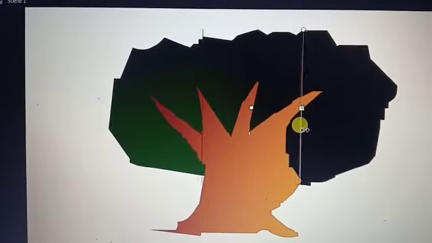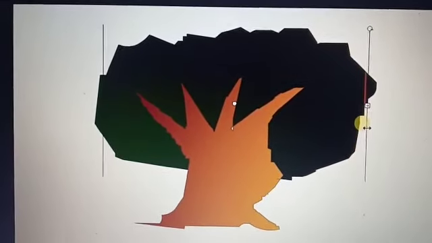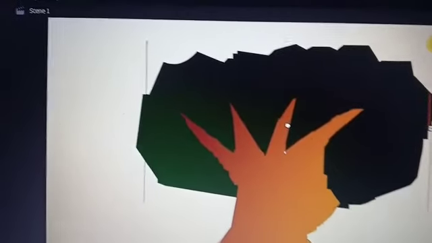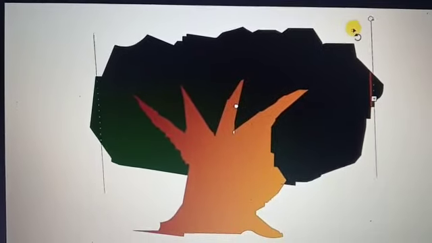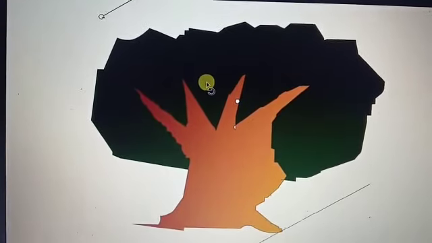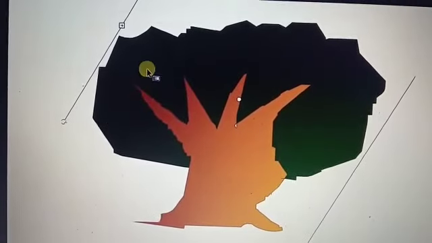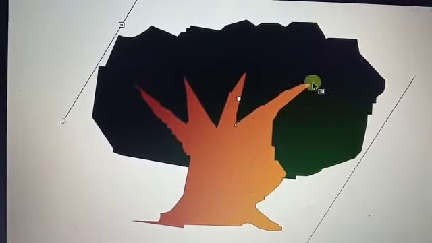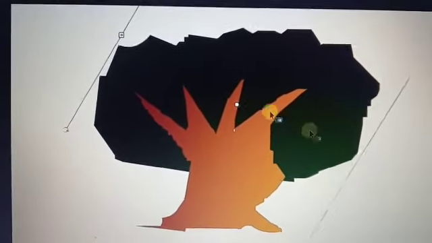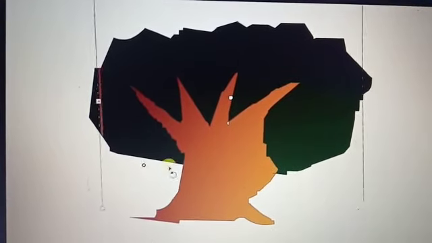If you move it forward again, it gradually moves in left and right direction, with half part in green and half part in black. There is also rotation here. You can set the focal length, and you can find the color changes. When I rotate, the left hand side of the tree becomes black and the right hand side shows green. You can set different kinds of rotation as per your choice.